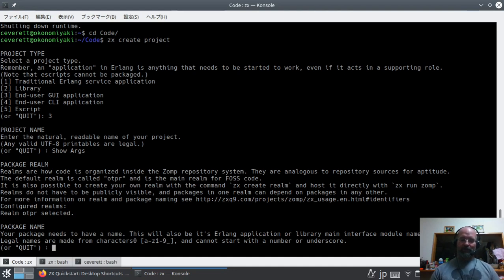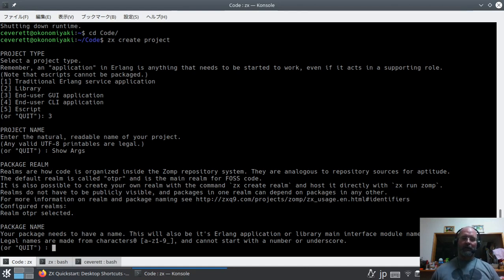So ZX gets configured for a realm. A realm has a prime Zomp node somewhere out on the net that it can get to, but anybody else running Zomp, you can just do ZX run Zomp, because Zomp is a ZX run program itself. And it will find any other nodes for which your ZX installation is configured, or any realms for which you're configured, and it will start mirroring the packages as they are requested by Leaf clients that are trying to